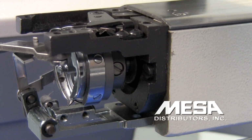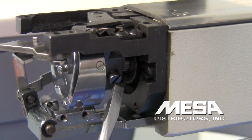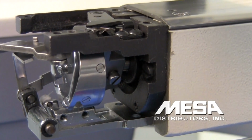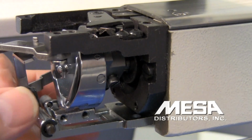Now I'm going to turn it until the screw that's offset just a little bit, when that screw is in this position on the right hand side of the rotary hook, that's just about at the timing point, or pretty close. So now what I want to do is rotate it around, because again the rotary hook turns twice for every time the needle goes up and down. I want to turn it around until my